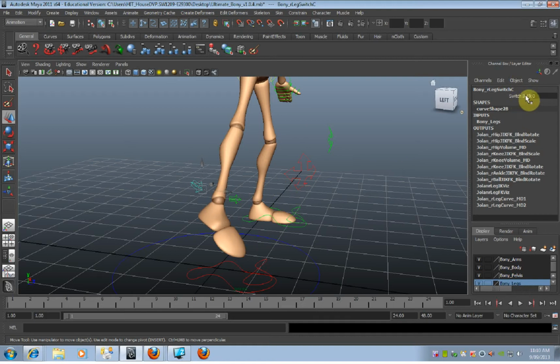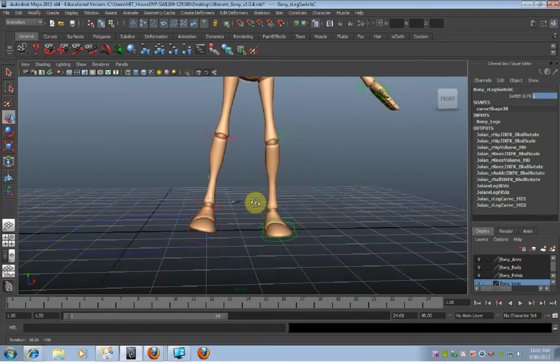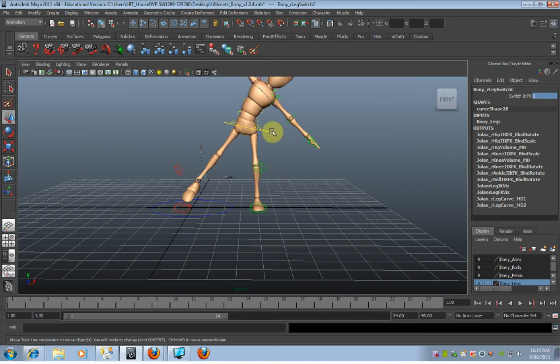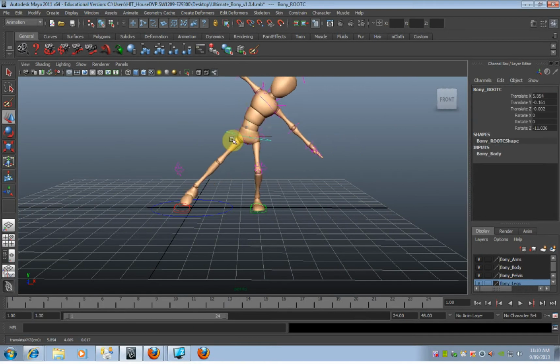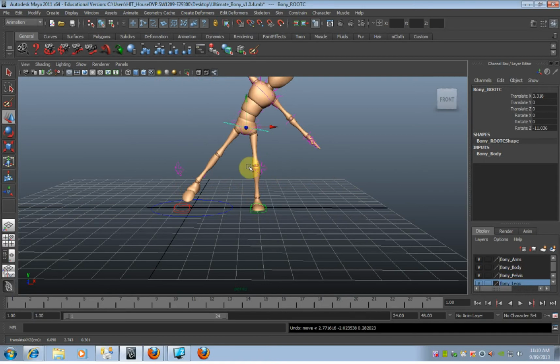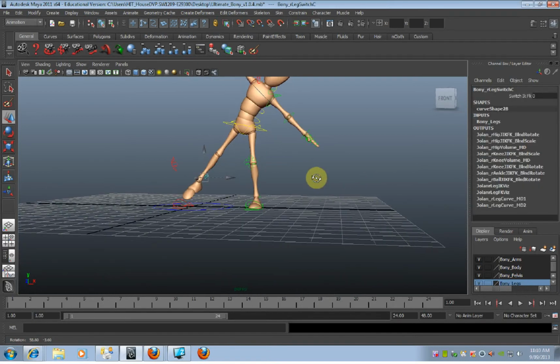If you select this switch FKIK and type in 1, it goes from being an IK, which is stuck to the ground, no matter where I move the pelvis, it will stick to that position, which is great for footwork. But if I'm doing something like swinging my feet in the air, if you switch it by typing in 1,